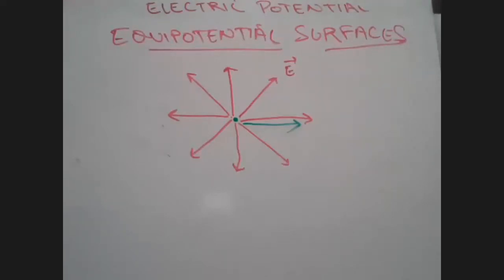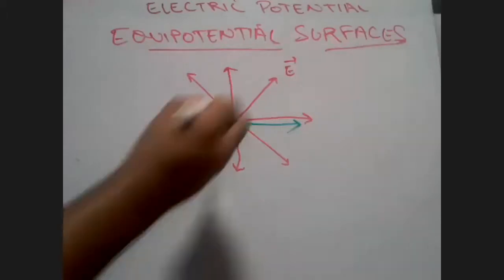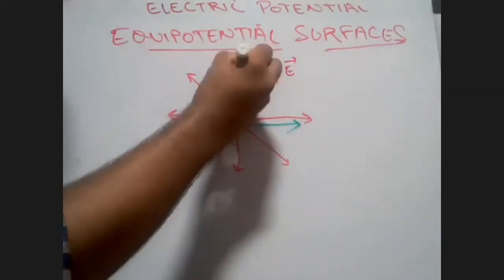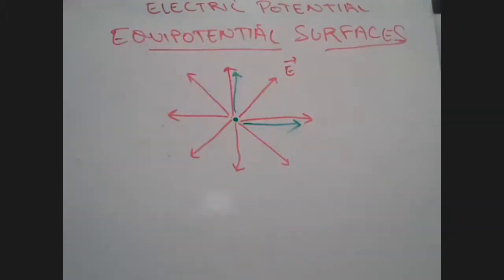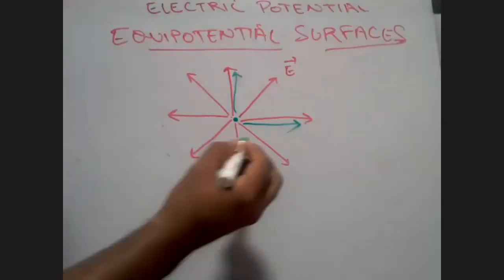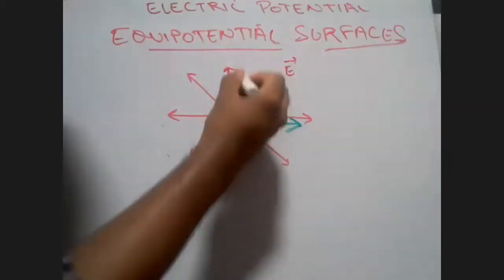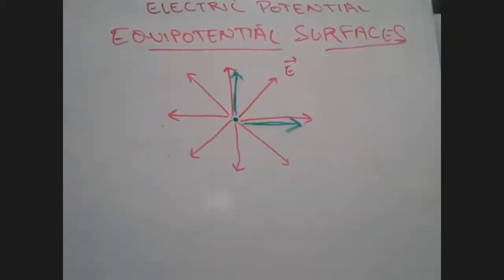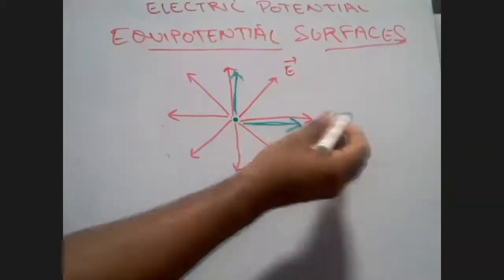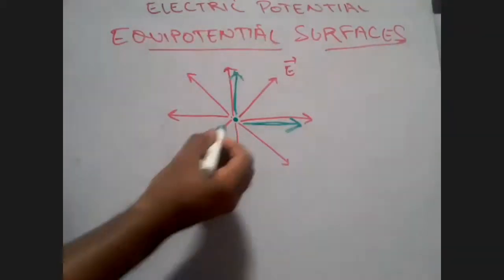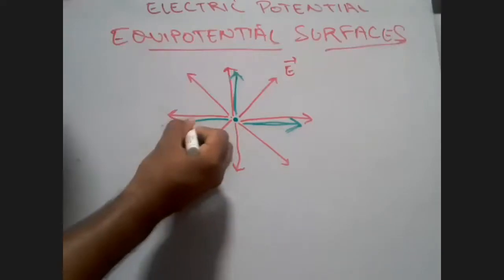Okay, right. And if I am moving along this distance, then my potential is going to change. Look here. The angle between this and this is basically 0 to 90. If I move anywhere in this direction, the potential is going to drop. If I move in the opposite direction, what is going to happen?